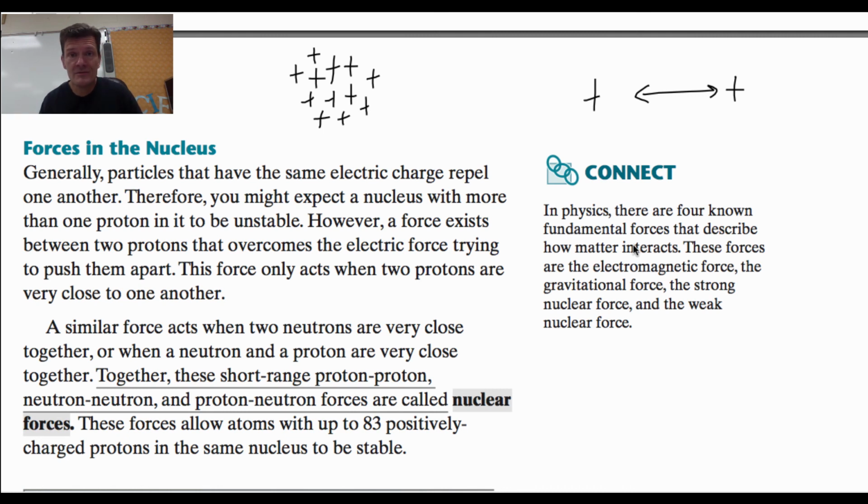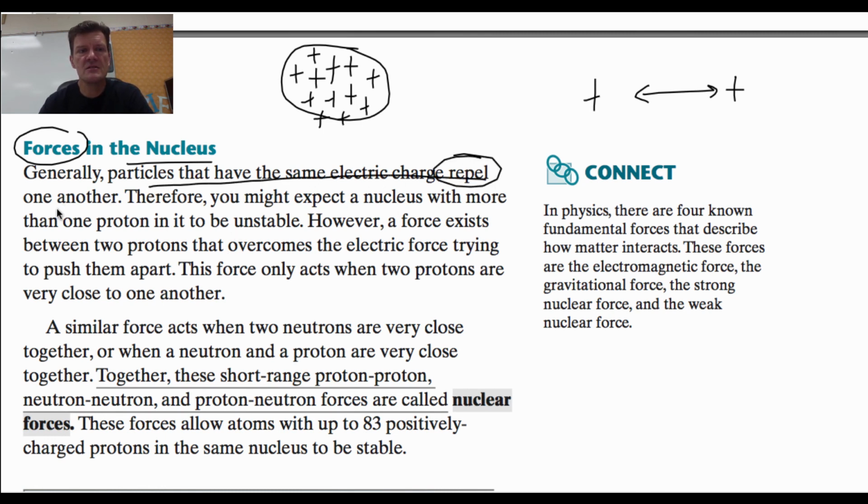Scientists really don't know. All we know is that there must be some force in that nucleus holding all of these positive charges together, which is not what we would expect. So, particles that have the same electric charge usually repel each other. So we might expect that a nucleus with more than one proton would be unstable, but they're not. They're not unstable until they get hundreds of protons in there. Then you get radioactive material. Okay? Or I think maybe around 80, then you start to get some of the more unstable